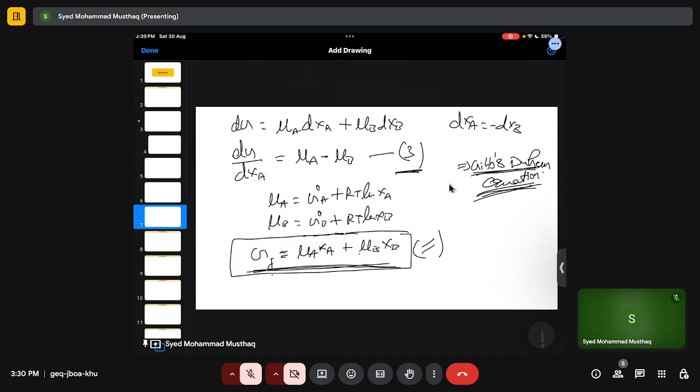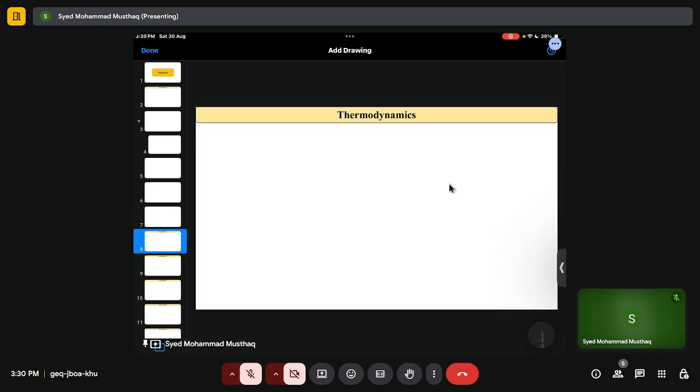So G_A will be mu_A times n_A, and again, for regular solutions or for standard solutions, we introduce the term enthalpy, because delta G mix is equal to delta H mix minus T delta S mix. So delta H mix is equal to delta U mix,